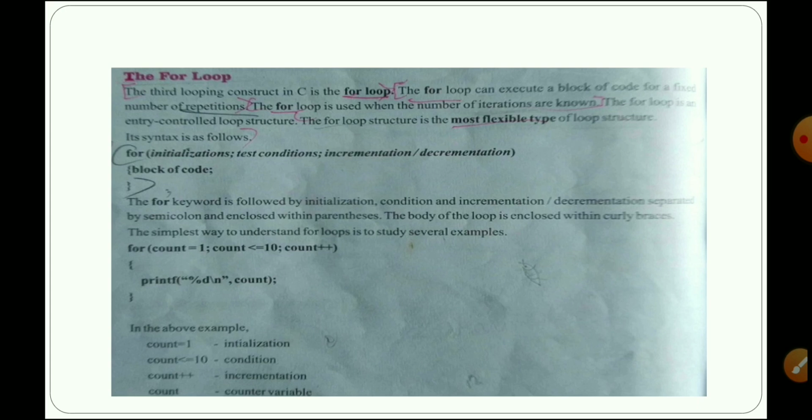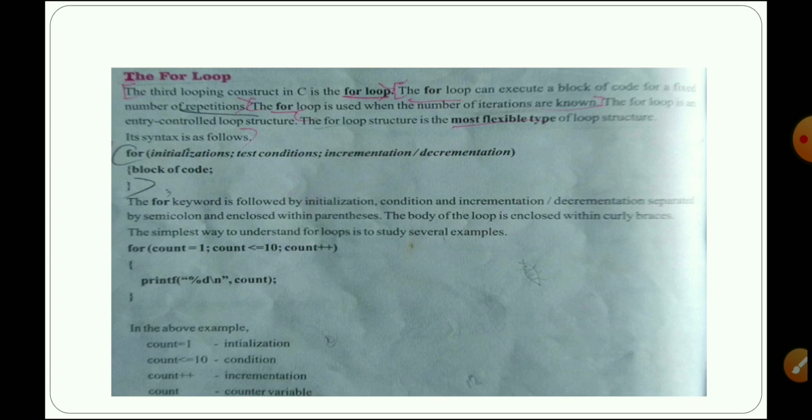Okay, maybe if you have any doubts, you have to go through your video itself or your book itself. I plus plus, plus plus I, minus minus I, minus minus. Okay, so this is the incrementation and decrementation of the for loop. For loop syntax: initialization, test condition, incrementation and decrementation.